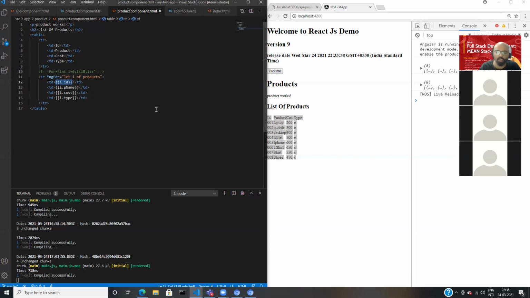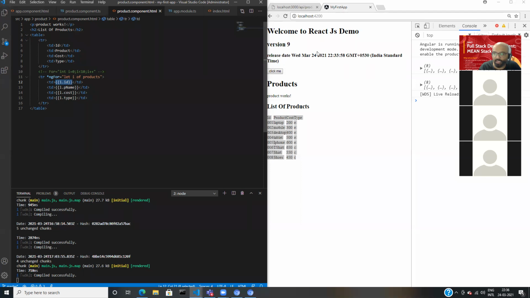So basically, what we're doing here is these curly braces are called interpolation, but in non-technical language you can say these are placeholders. They are holding the place of your variable, your element. Your i is a variable. So these curly braces are holding the place of your i variable. You're saying i.id, so it is holding the place for i.id, so that the value of i.id will print here.